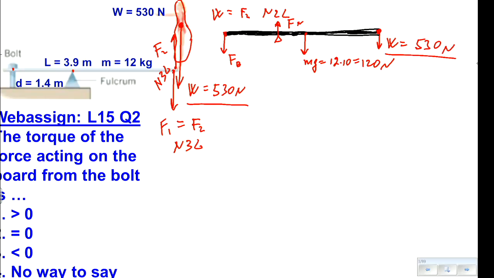So you should have asked, and if you didn't, write down a note. Check the axis. If there is no information about the axis, we can't answer this question. So the right answer in this particular situation is no way to say. And now,